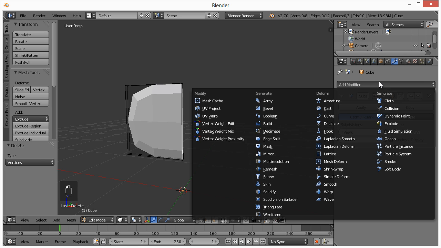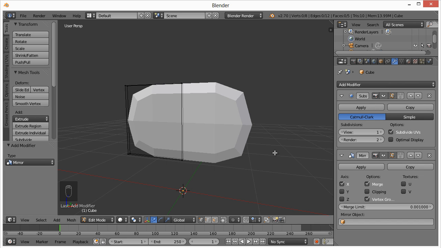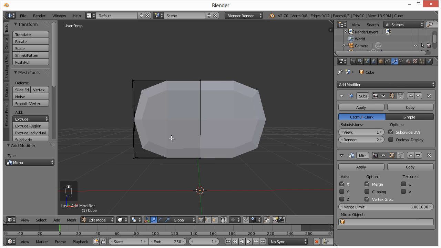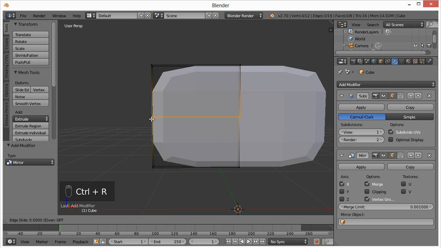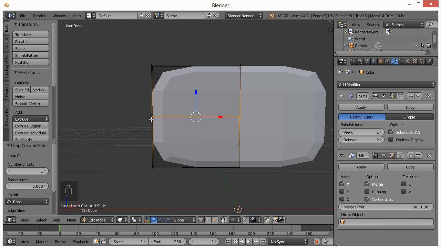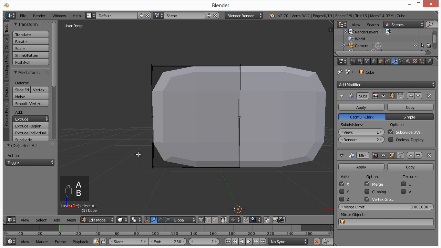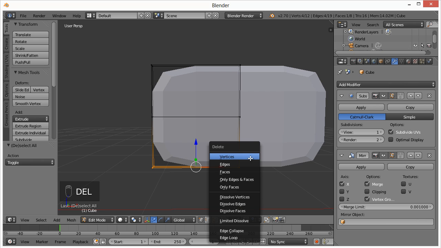We're going to add another modifier, and this is called mirror. The mirror modifier makes it so that whatever you do over here is going to be mirrored over here. And that just kind of saves us some work, basically. What's also cool is we can add another edge loop right here. Hit enter. And then we can also hit A to deselect, B, delete, vertices,